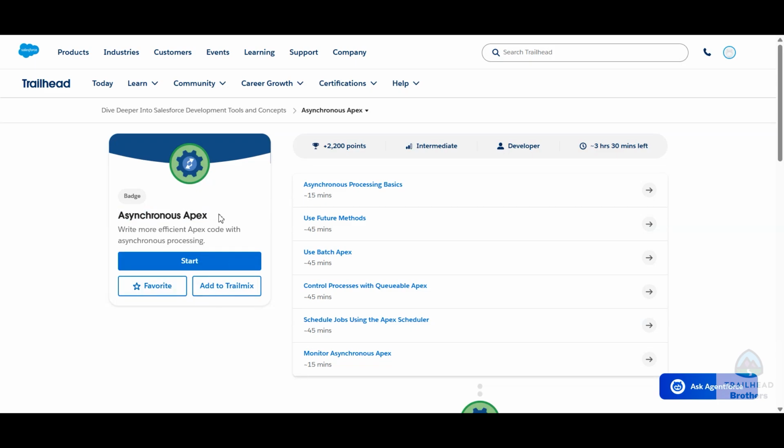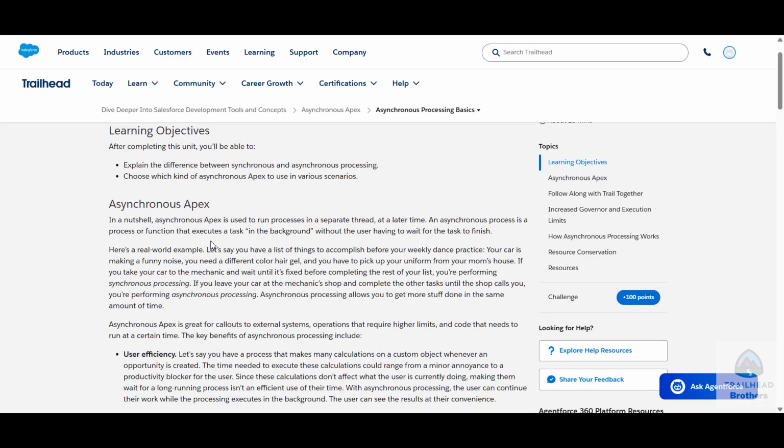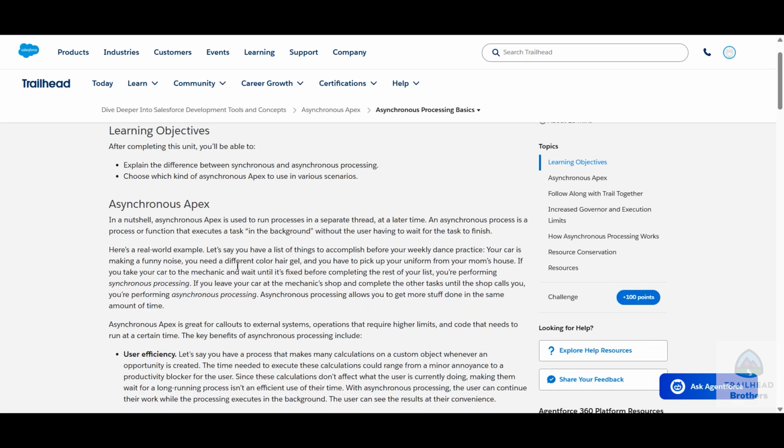So this batch. The first module is Asynchronous Processing Basics. What are they telling us here? They are telling us the benefits of Asynchronous Apex. For example,